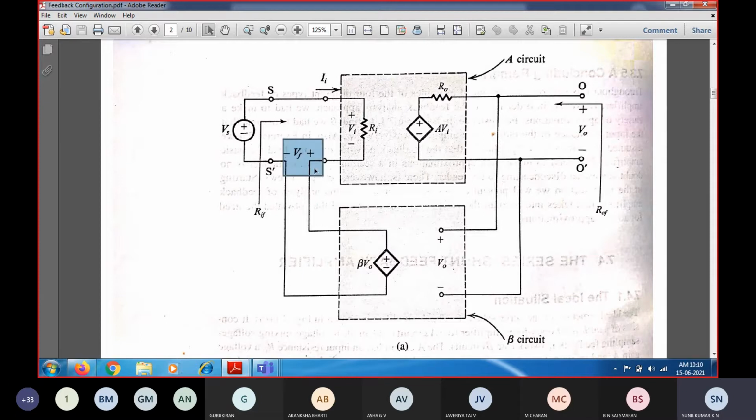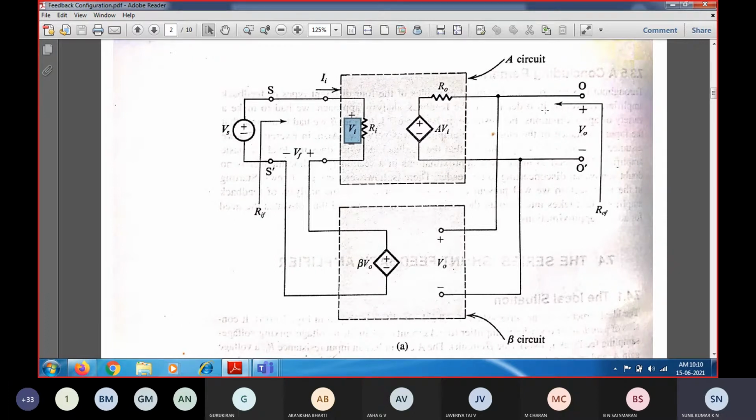This feedback voltage will be mixed across the input side. When you are employing negative feedback, you take the difference, so we see Vs minus Vf. Across the input side you mix it, so that the input signal source gets subtracted with Vf, and the resulting error signal is called the error voltage Vi. So Vs minus Vf will be equal to Vi, and that Vi is going to be amplified again. So this is about the general feedback structure.